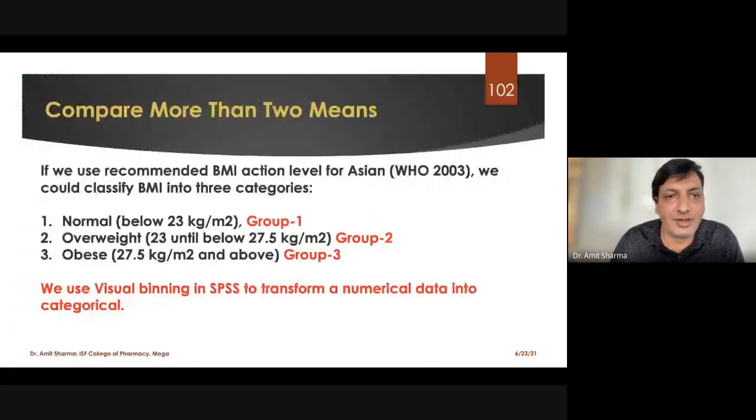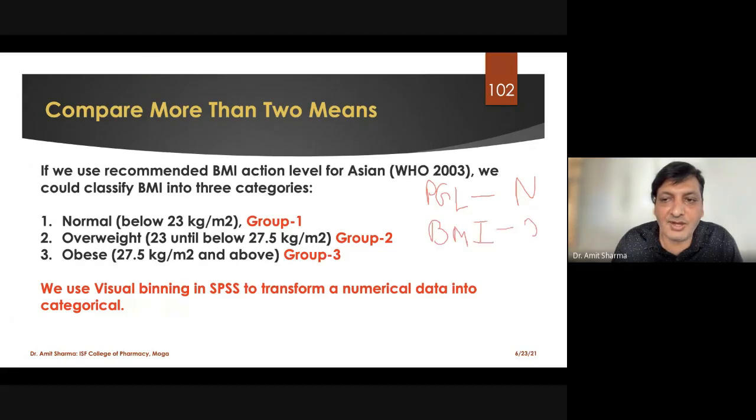We'll do it through SPSS, which is the most required, because nowadays we are not doing manual calculation directly. All the data we get in our research, we feed into software and then do the analysis. Now, as I have started the test, as I have discussed, we are going to calculate the plasma glucose level, which is given in the form of a number, with 3 different categories of BMI.